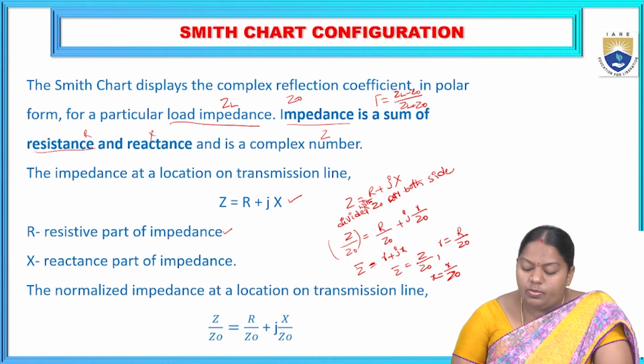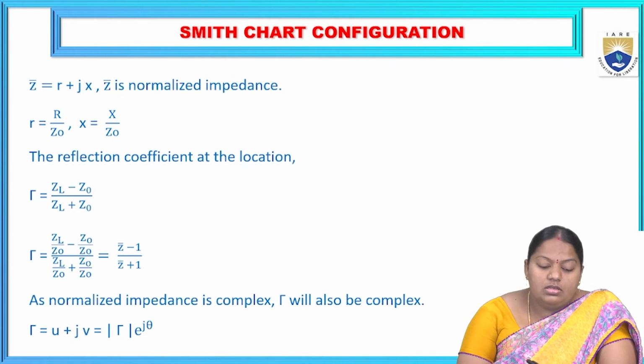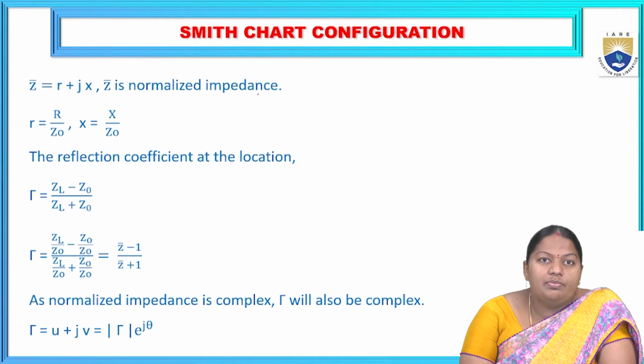Now from that we will be replacing all the terms with the normalized impedance notation as Z bar equal to small r plus j into small x, where small r is the resistance part of the normalized impedance, and small x is the reactance part of the normalized impedance. See here, Z bar equal to r plus jx, where Z bar is the normalized impedance, and small r equals R by Z naught, and x is equal to X by Z naught,